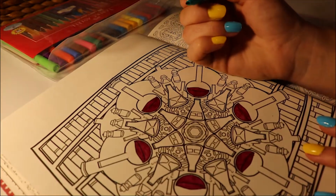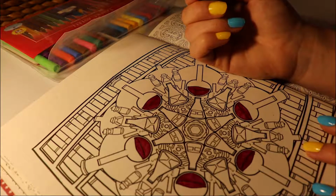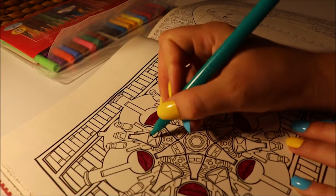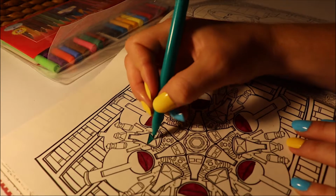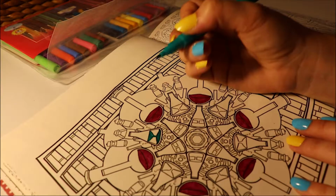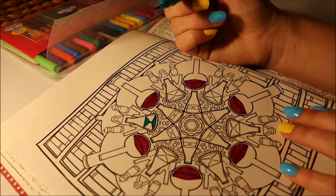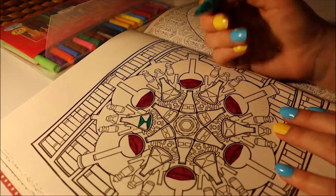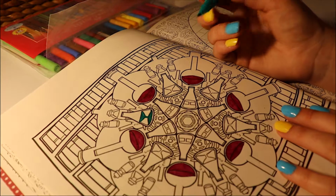And I am going to colour in, which part should I do? Maybe I will do this part here. This one's sort of the potions in two parts, which doesn't really make it look like a liquid. And there's also these ones in the middle which have these little sort of square sections, so I'm not 100% sure what effect that's going for, so I'm just going to approach it as I would a pattern,